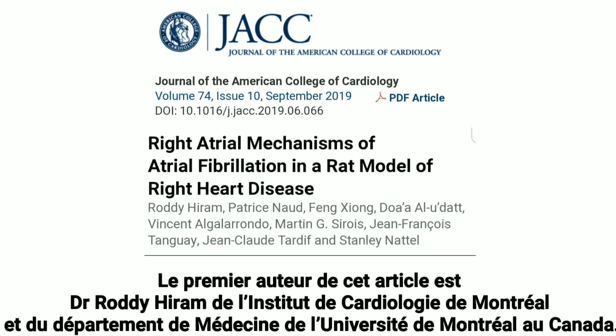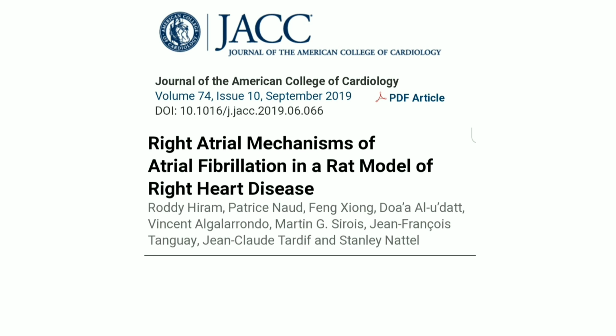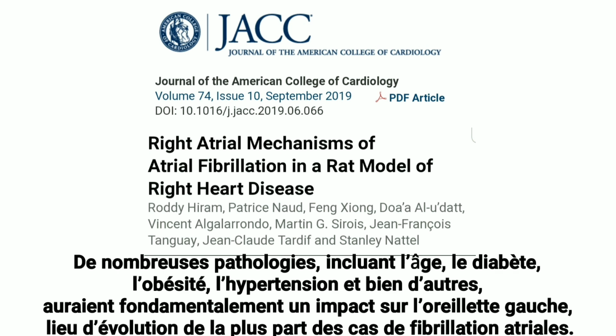The first author of this paper is Dr. Roddy Hiram from the Montreal Heart Institute, Department of Medicine at the University of Montreal in Canada. The last and corresponding author is Dr. Stanley Nattel, also from the Montreal Heart Institute and from the Department of Pharmacology and Therapeutics at McGill University in Montreal. Let's begin by saying that a number of conditions, including aging, diabetes, obesity, hypertension, and others, may fundamentally have